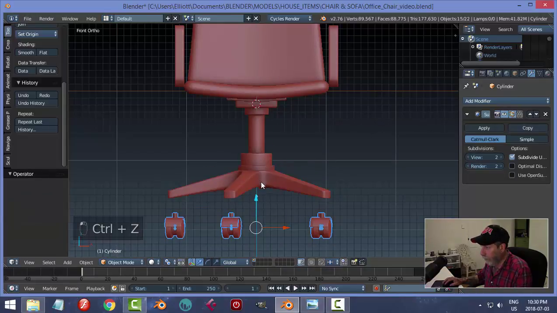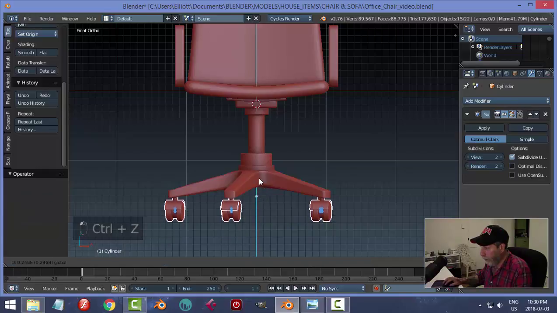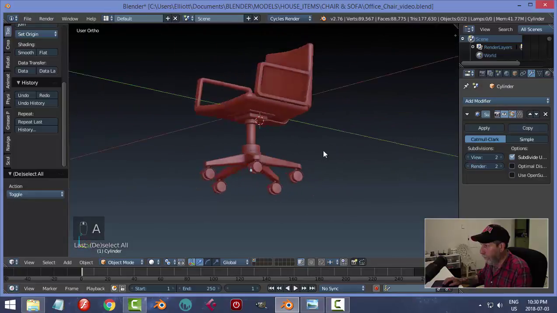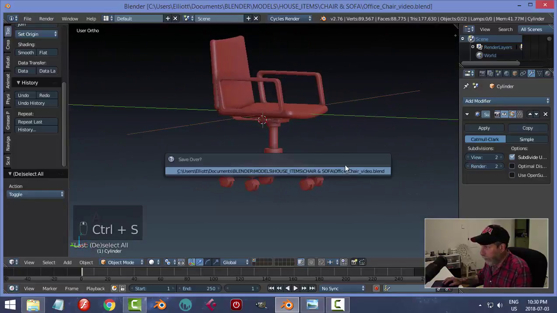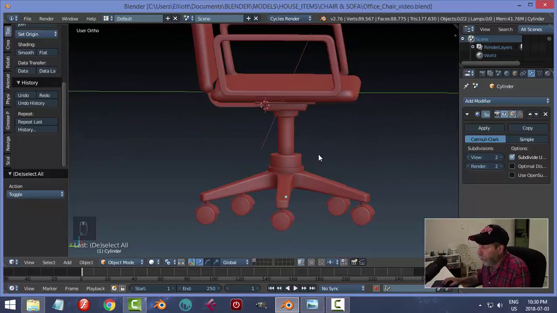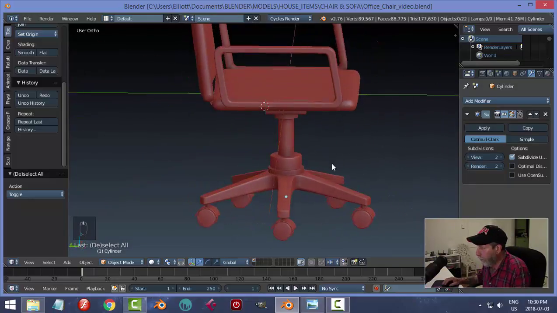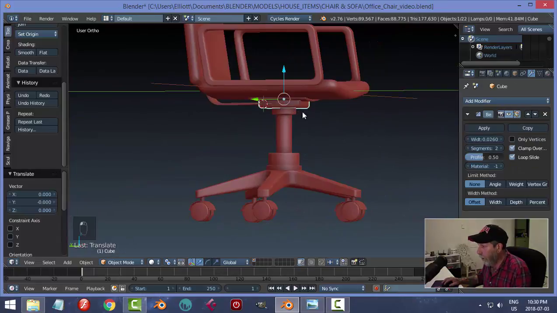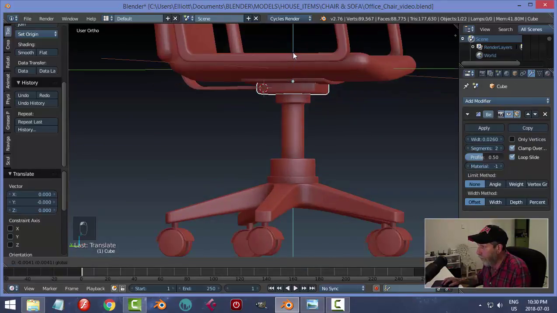Not that though. Bring them back in. Okay, and the last thing would be that little lever that you use to adjust the height. So I'll select the box thing here. I might even want to bring